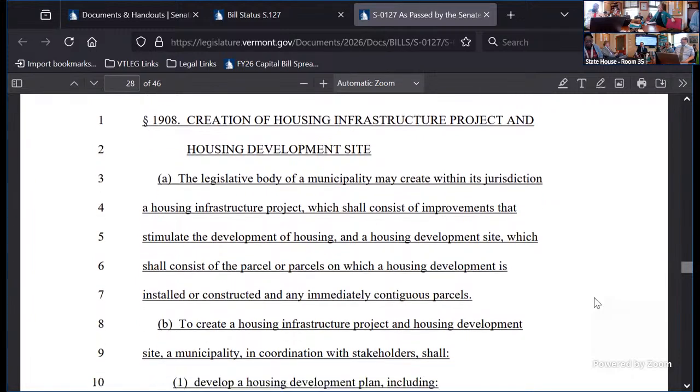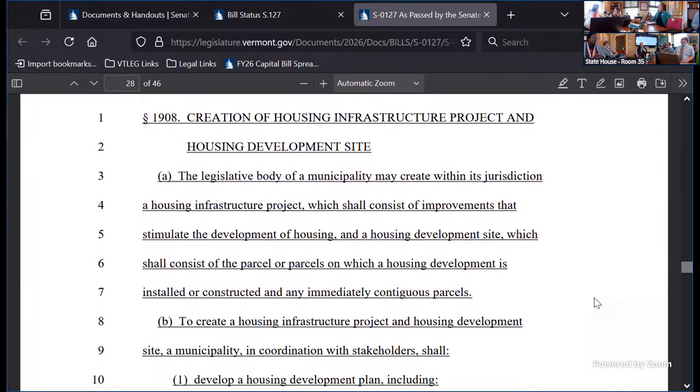So we're getting to the actual process, and I tried to organize the subchapter in a sort of intuitive way. So a Muni could look at this to see how do I start up the process? What is each step? And so the first piece is just creating the project, the infrastructure project and the housing development site. And I will say I do something sort of funny or cute here, which is all that you really need to do as the Muni, at least from a putting words on the book piece, is